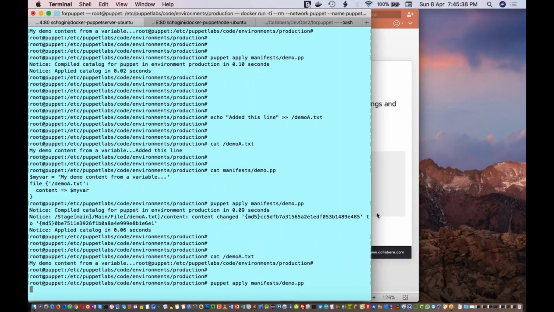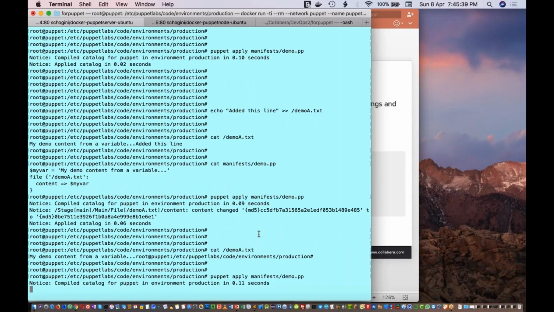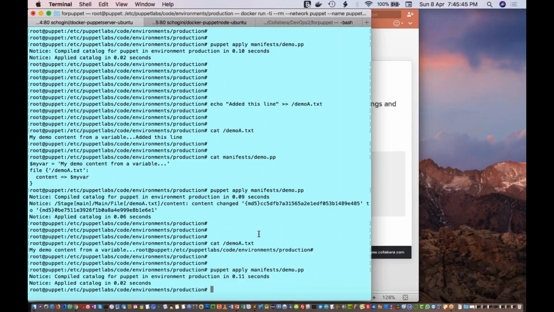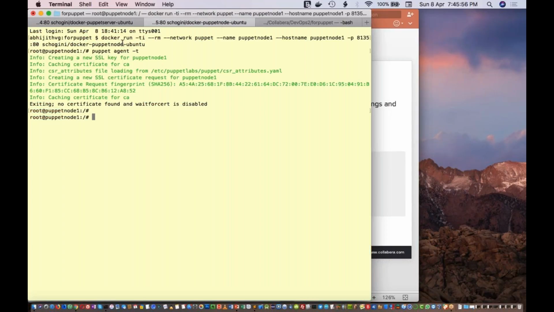Okay. Now, Prapanshu is asking, what is the use of Docker run -pi --rm network name puppet node on host name puppet node on slash shogni slash puppet. Prapanshu, this is the command that we use to create the container. This particular puppet node is created using that command. Here we are using Docker to create that container.